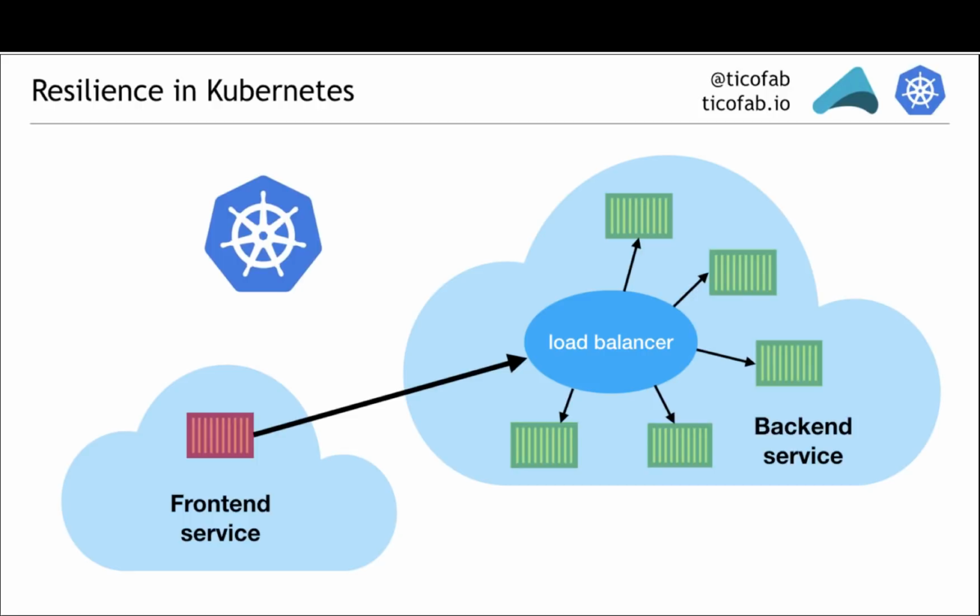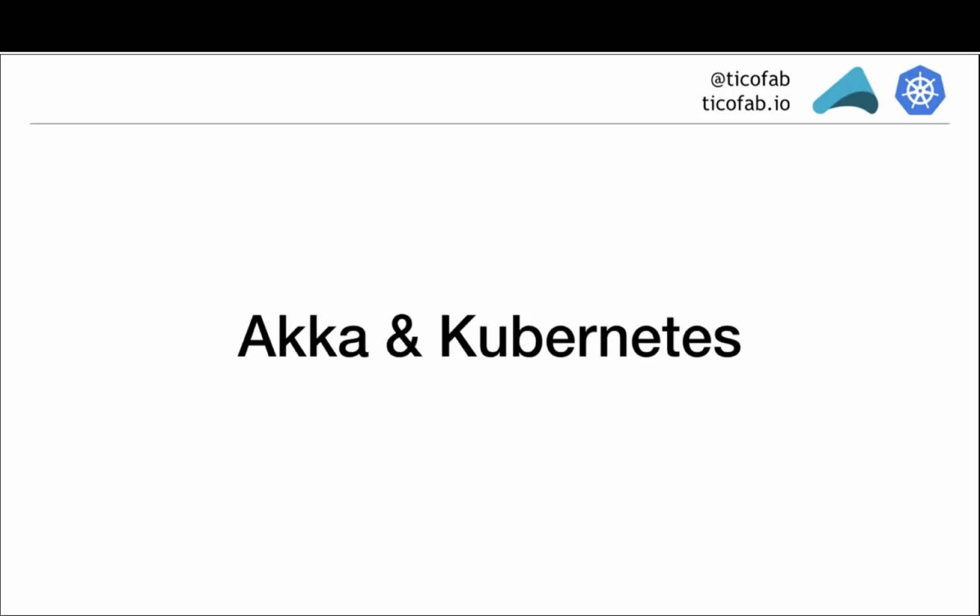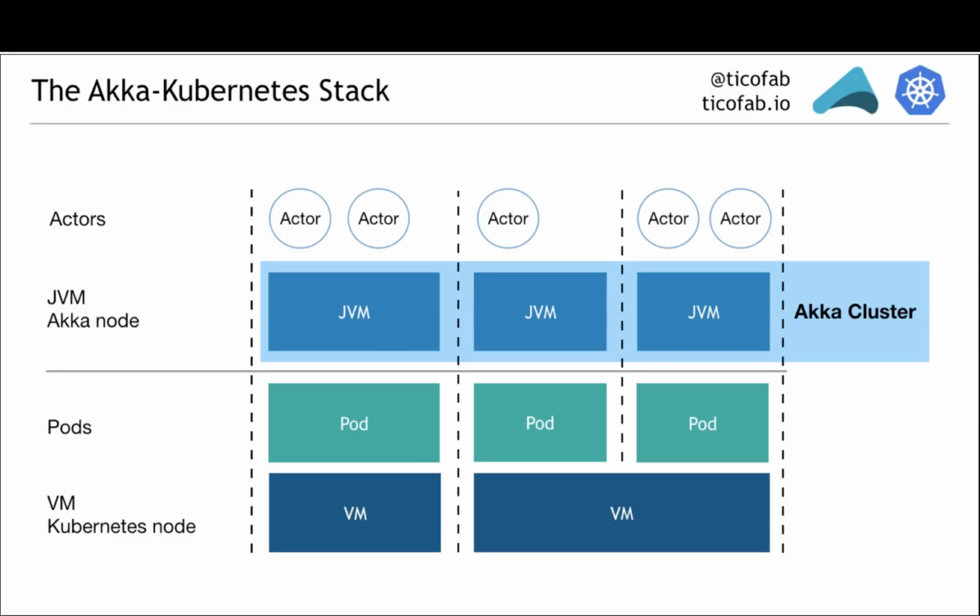Now that we have introduced these concepts in these two worlds, we can see what happens when we combine them and how we can combine them. Well, if we run Akka on Kubernetes, then the stack will look more or less like this. At the bottom, we will have virtual machines inside which our pods will be running, one or more per virtual machine. And in each pod, we will have JVMs running that are all brought together by the Akka cluster module. And inside our JVMs, we'll have our actors that then will be able to communicate with each other.